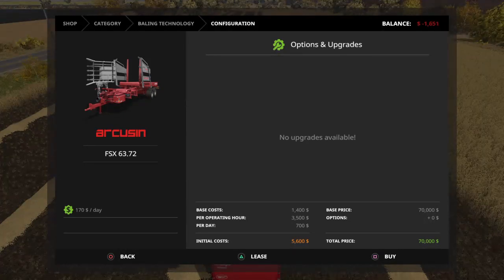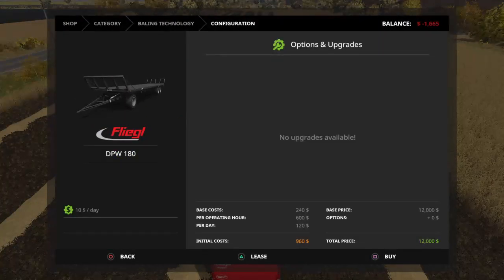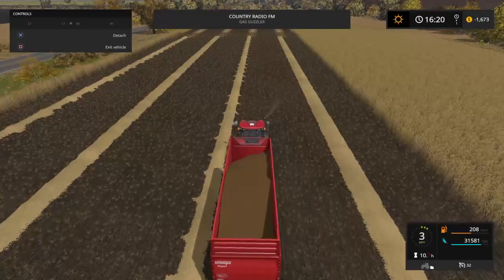Operating costs per operating hour. Base costs per day, $700. Dude, we could totally lease that. I don't think it would pay for itself, though, if we did. However, how much is it? It's only $960 to lease that trailer, as opposed to $12,000 to buy it. And then if we did both fields with canola, we wouldn't even...